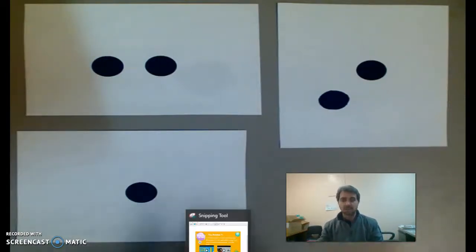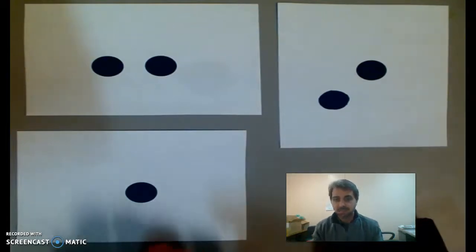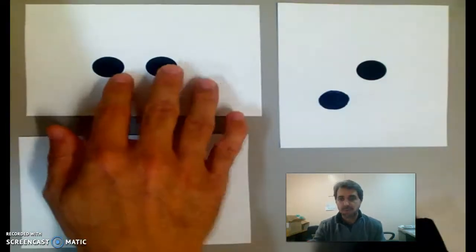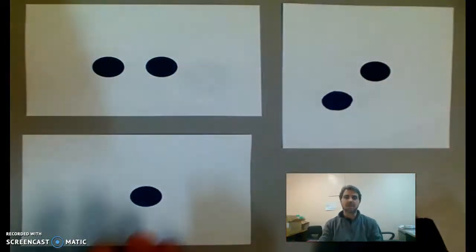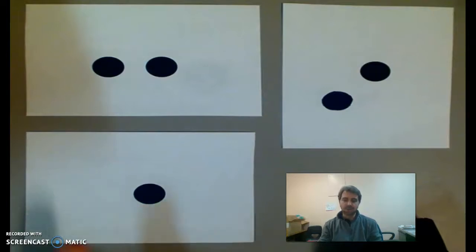So if you look at the cards right now, I have 3 cards here. I have 1 card here, 2 cards, 3 cards. Each card has a certain number of dots on it, okay? So the way you play this game is you figure out which card has a different number of dots than